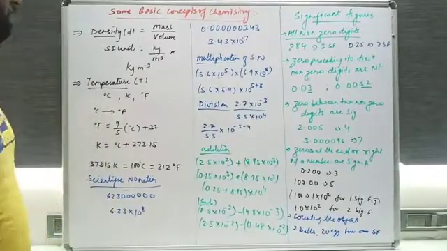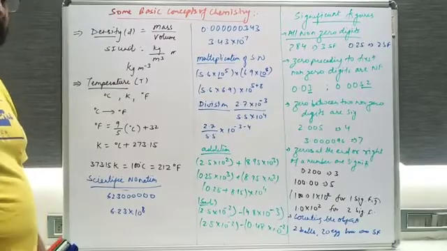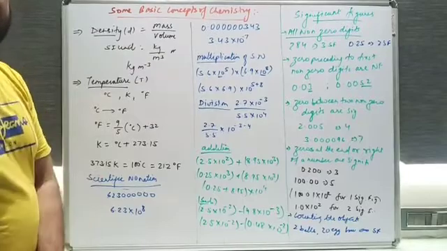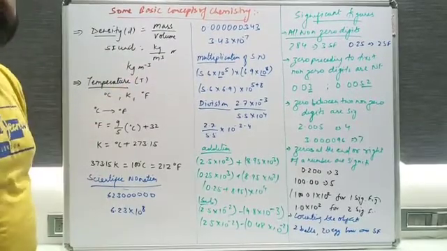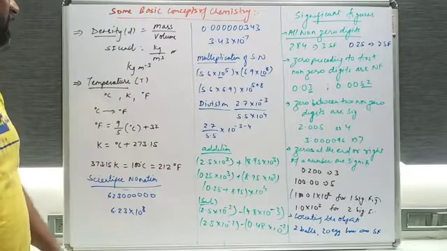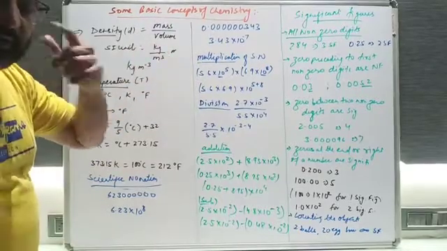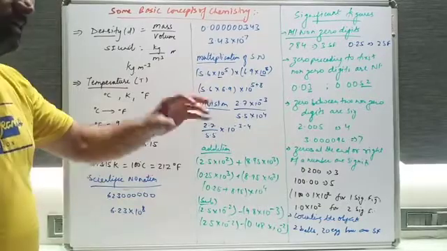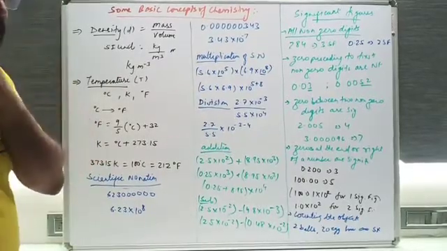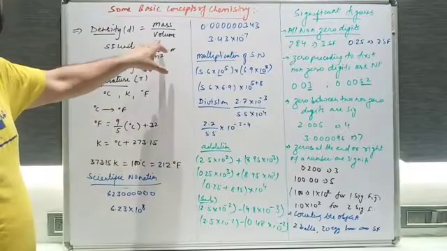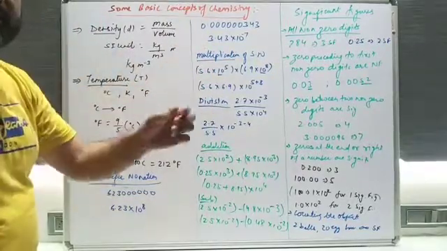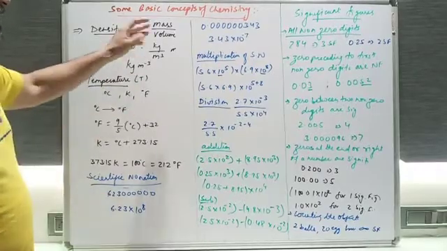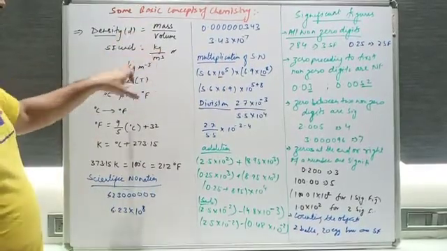So the next thing is density. You are all aware of the density. What is the density? Mass upon volume. This is the formula. Per unit volume, how much mass is present in a body, that is called density. Mass can be calculated, as I told you, by using the analytical balance, and volume will be calculated by taking measuring cylinders and many other apparatus you will see in the laboratory. By calculating these two quantities and substituting the values, you will get the answer.